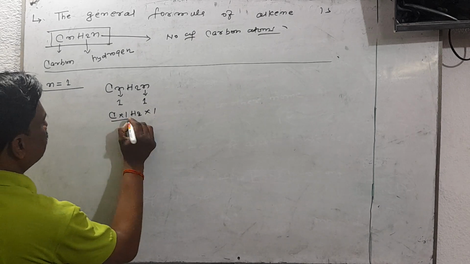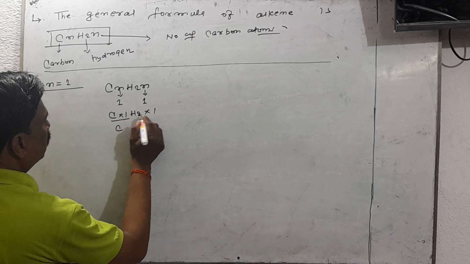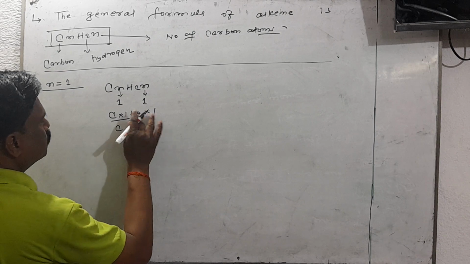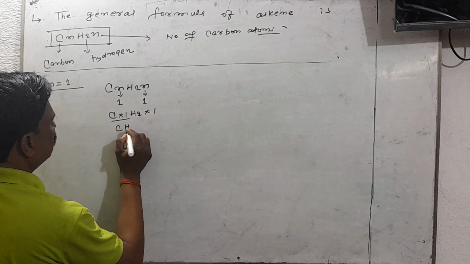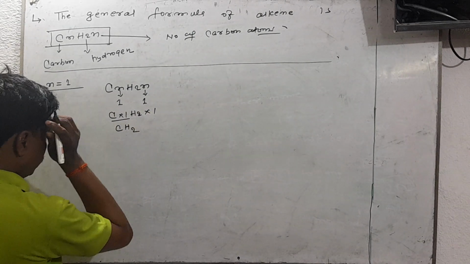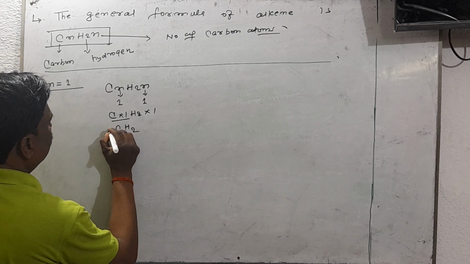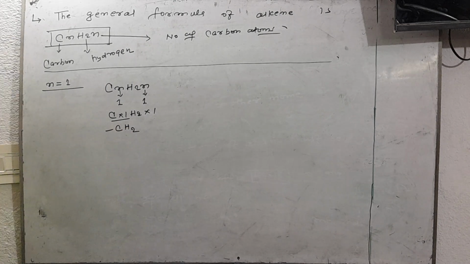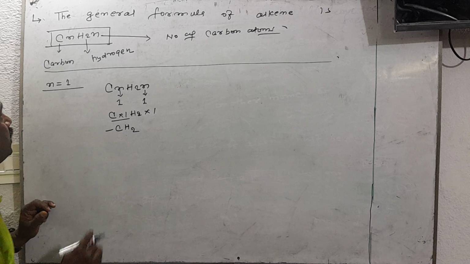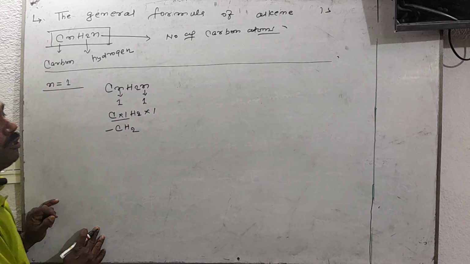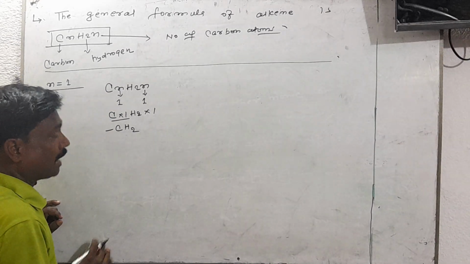So we get C multiplied by 1 is C, H2 multiplied by 1 is CH2. So the marking point here is, if we put the value of n equal to 1, we get